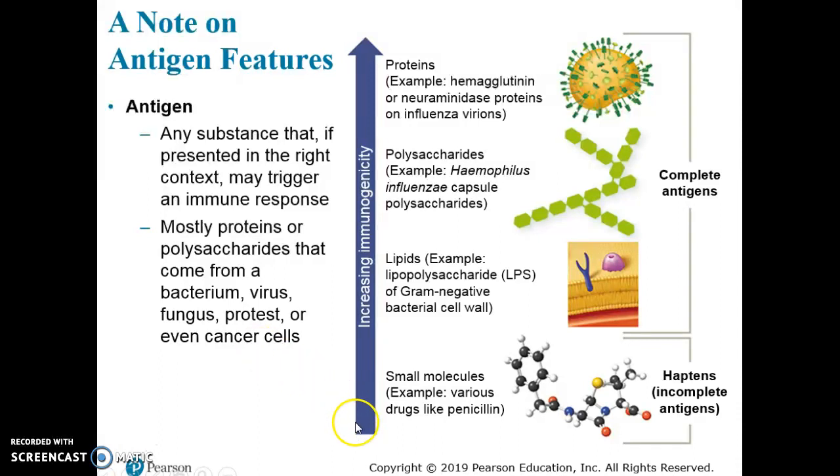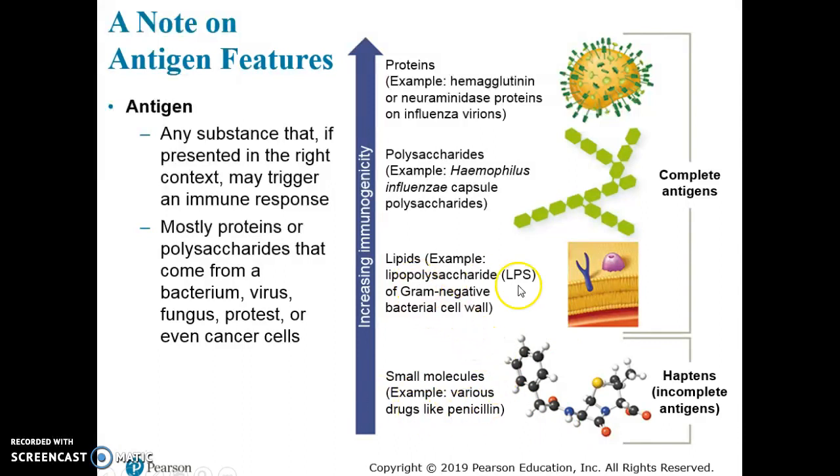All right, not all antigens actually induce the same type of immune response, and immunogenicity is a term referring to the ability to elicit an immune response. Small molecules, the examples here are drugs and penicillins. These are called haptens. They're incomplete antigens, and they aren't very immunogenic, and that's a good thing. We don't want our body to react against penicillin because then you become allergic to it. There are some individuals who are allergic to drugs, but we want to avoid that. So thankfully, they're on the bottom of this spectrum of immunogenicity